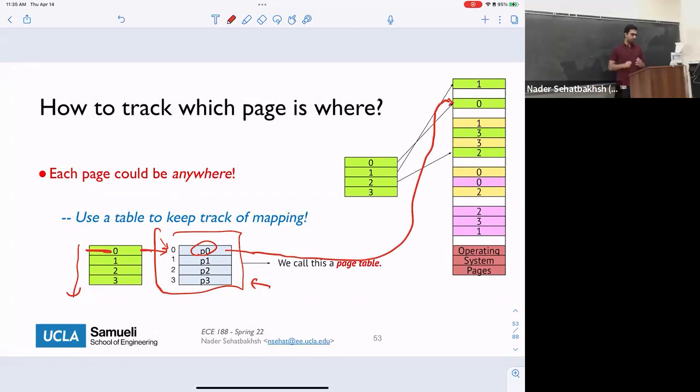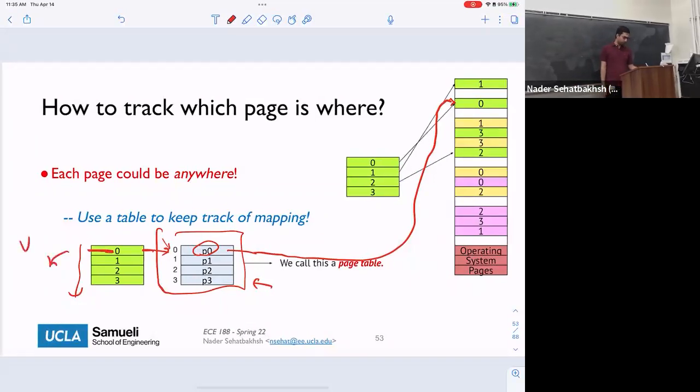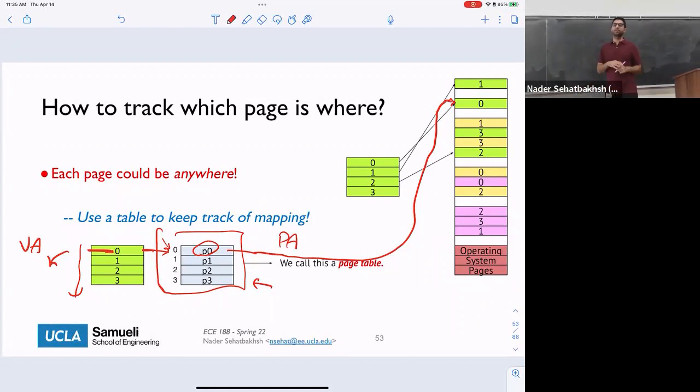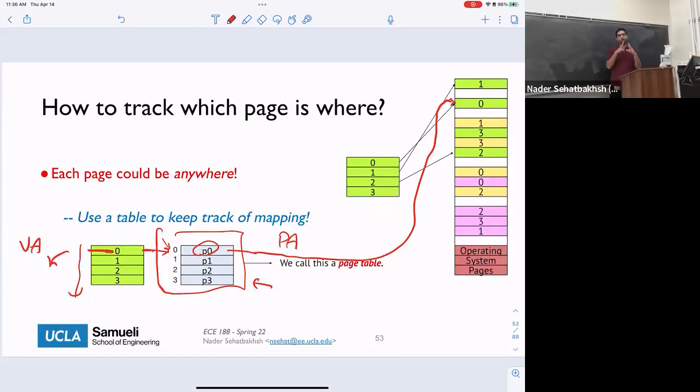Okay, and because of this translation between two different addresses, we usually call this the virtual address or VA, and we call this the physical address or PA. Virtual addresses are the addresses that our software understands. It basically says, okay, I'm in this program, and the first thing I'm going to do is read this, read that, and so on. So that's my page number 0, page number 1, and so on. So I have a system of addressing my program that has nothing to do with the other programs, and we call that a virtual address. The operating system understands each program separately and creates a separate virtual-to-physical table for it, this page table.